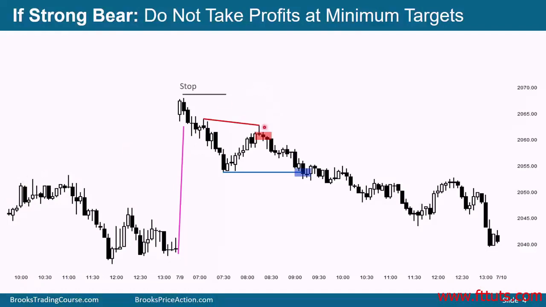If you want a higher probability trade, instead of taking this short, you wait for a strong bear breakout with pretty good follow through. And unfortunately, you did not get that anywhere down here. We have a bear breakout to a higher low. It failed. And then we have gaps, this high, that low, another attempt to get back above this low, and